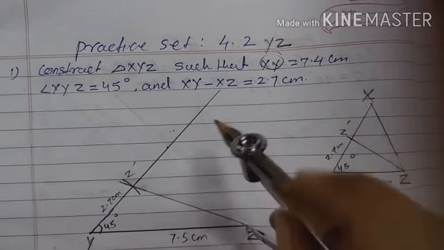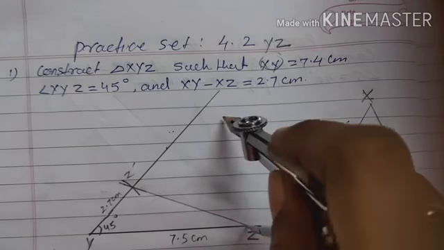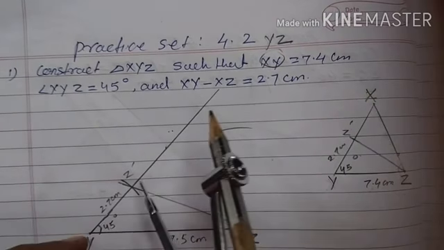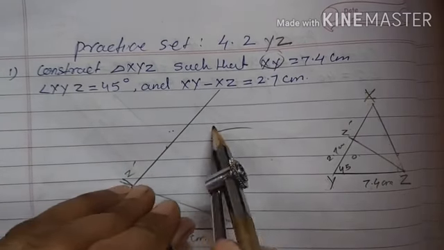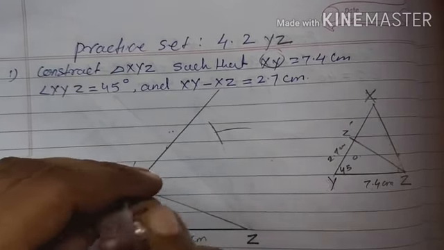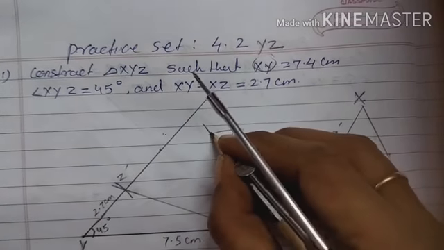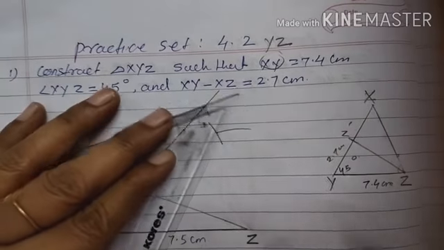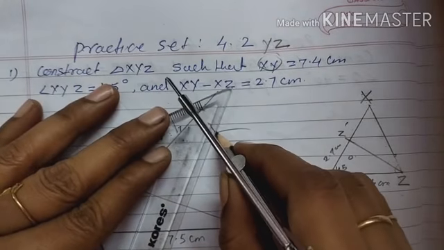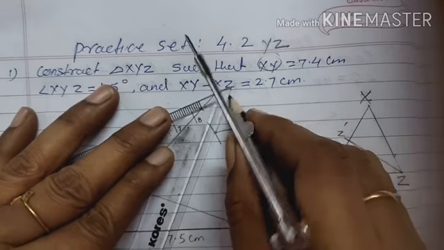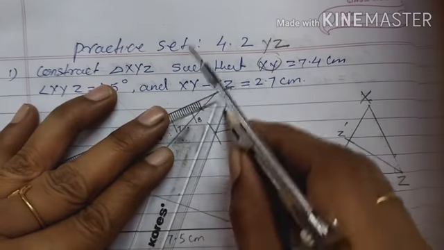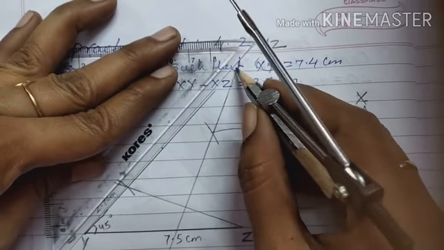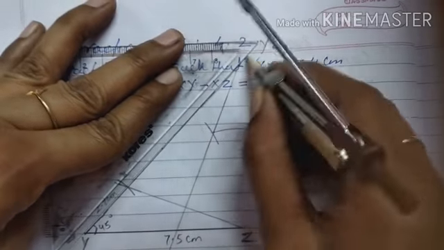Now draw the perpendicular bisector of this side with the help of compass. First of all, keep the tip on point Z. Draw two arcs above and below. Now keep the tip of the compass on another point that cut the previous arc. Now here this is the perpendicular bisector of Z dash and Z. Now extend this perpendicular bisector and the ray of angle.